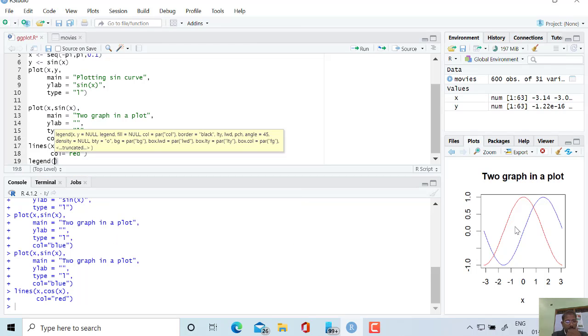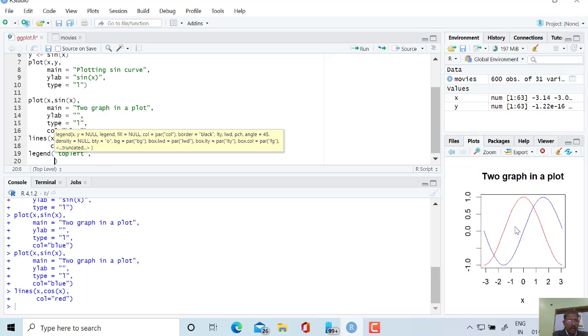It is always safe to enter the keyword suggested by our language to avoid any spelling mistake and anything undesired. So I want to write the legend function on the top left side, and I am concatenating two curves, one for sine x and the other for cos x.